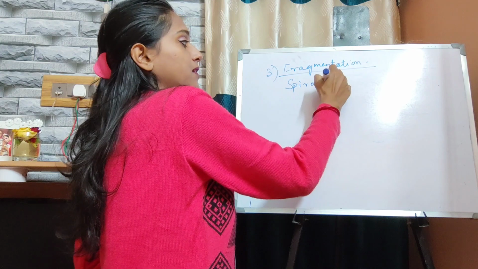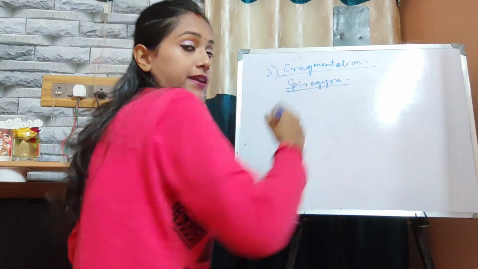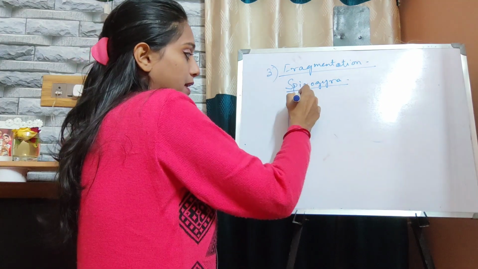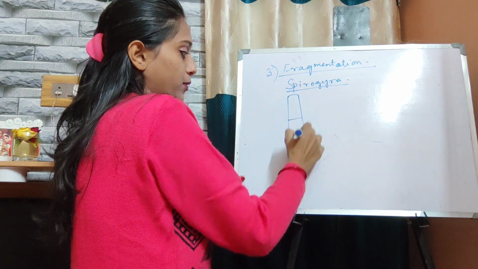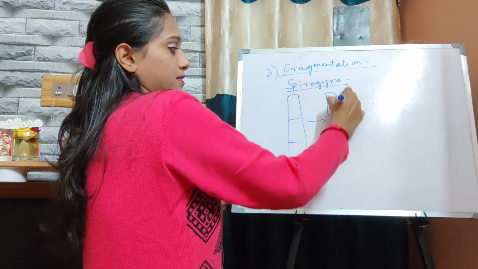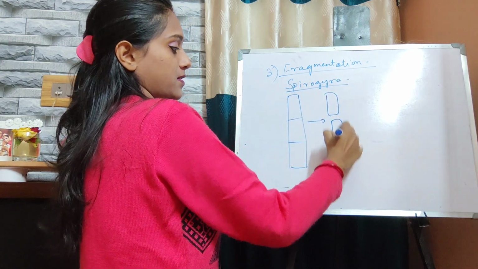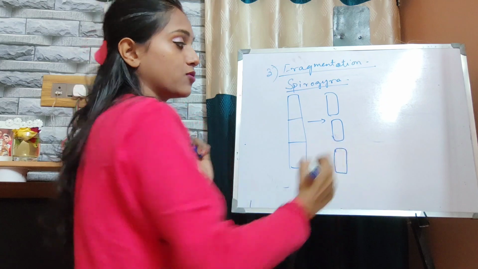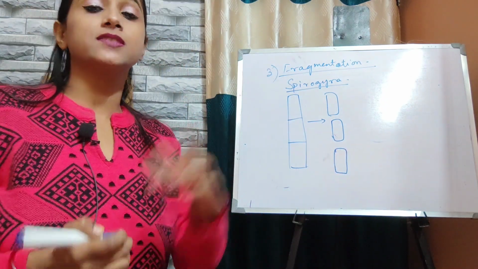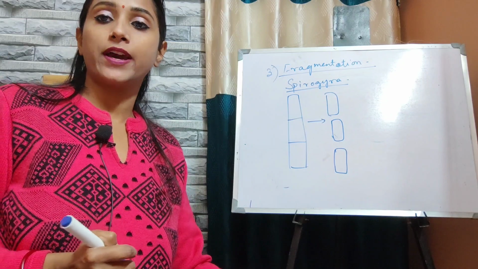The filamentous body of Spirogyra. What is filamentous? That is the ribbon-like body of the Spirogyra. It will be broken down at several parts. See. These parts are known as fragments, and from each of these fragments a new Spirogyra will be